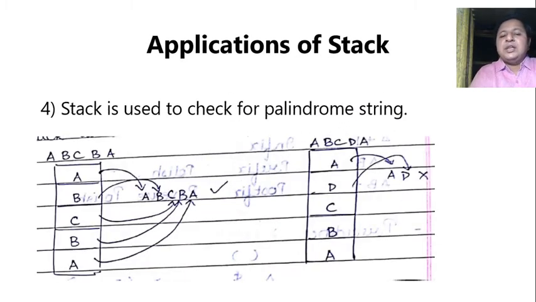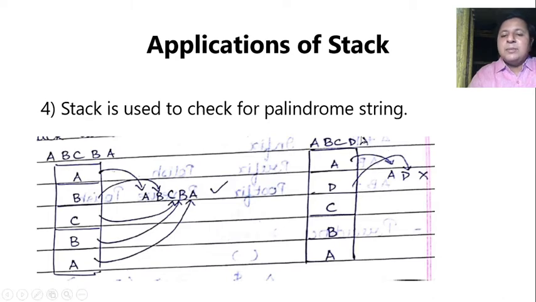The next application is for checking a palindrome string. All of you know a palindrome is when the string and its reverse are both the same. And just now we saw that if we push and pop it back, we get the reverse. So if I want to check whether the string is a palindrome or not, you have to push the string character by character onto the stack, and when you pop it, you can keep on checking. Ideally, if it's a palindrome, you will not get a single mismatch. Like for the first example, ABCBA, when you push it and keep on popping, you compare with the original, it will always match. So obviously the string is a palindrome.